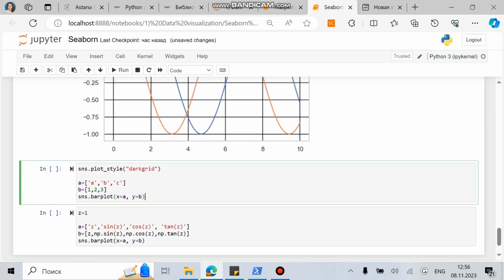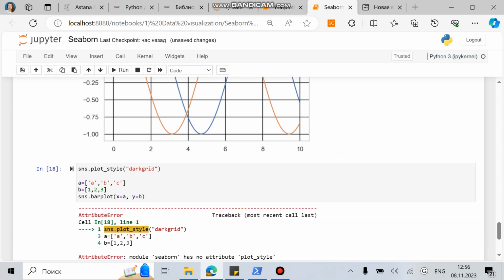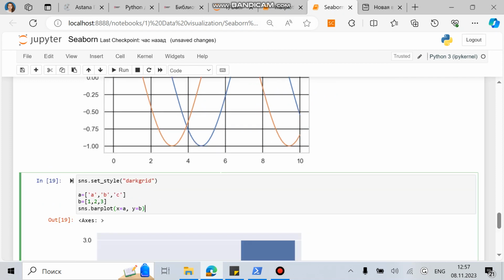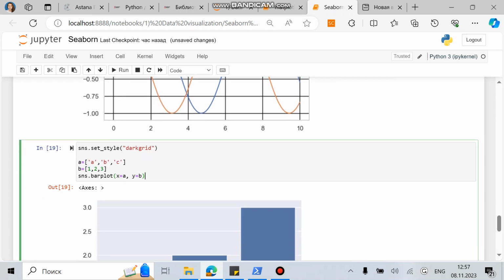Also here we can do some bar charts. For the bar charts, we just use the method bar plot. Let's try to run this part. Yeah, sorry, that should be the set, I suppose. Yeah, I like dark grid